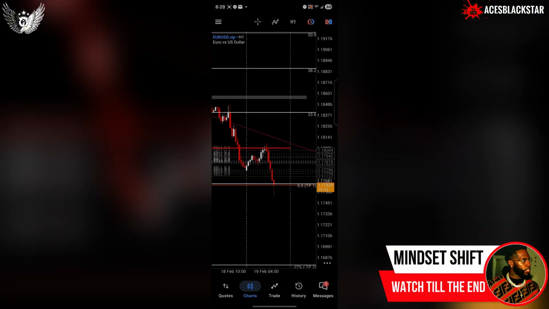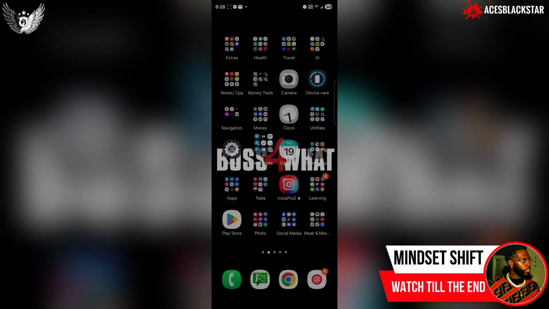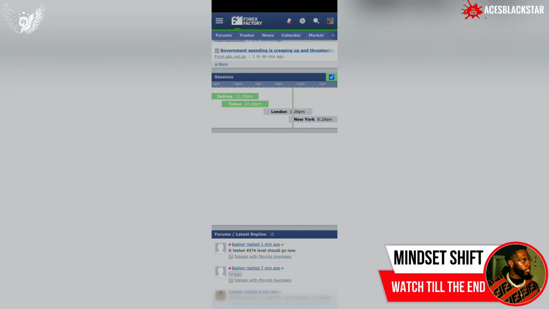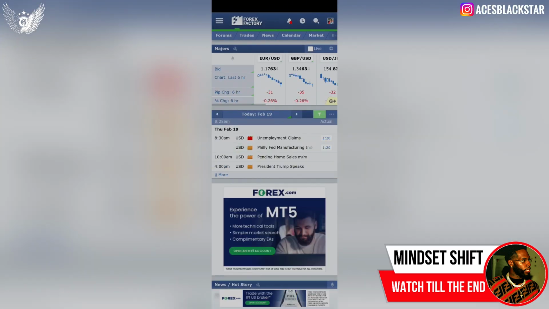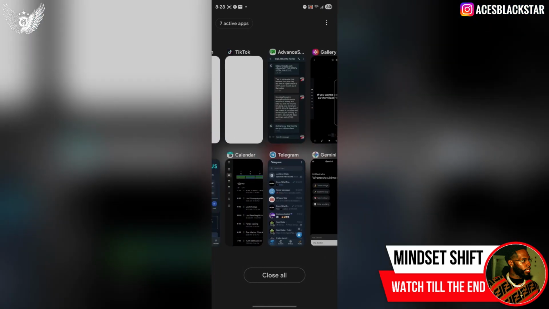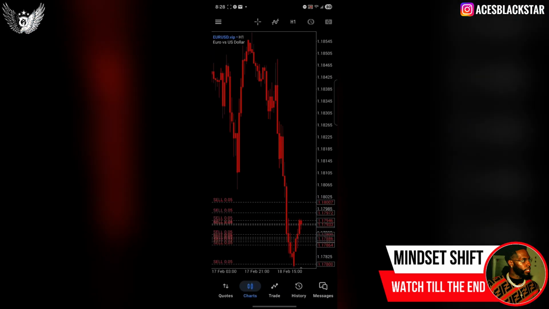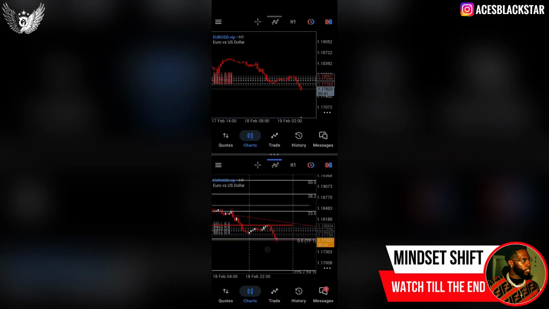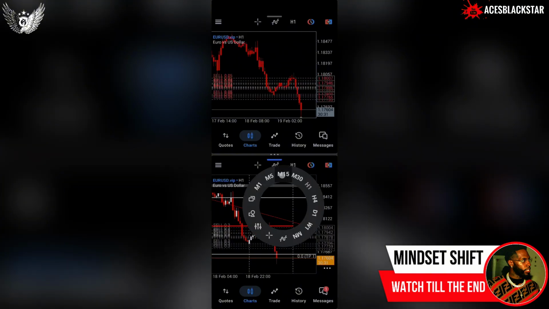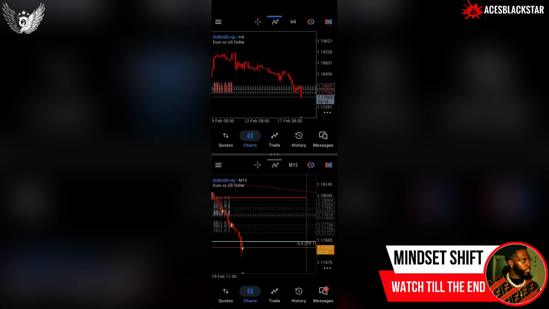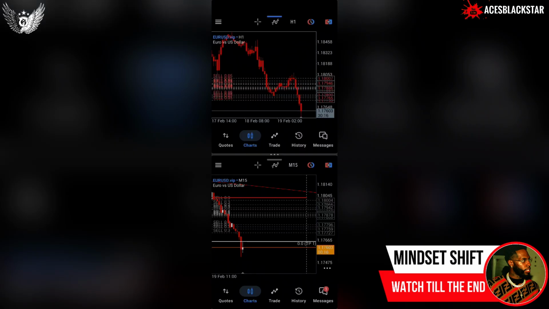That thing is drowning. And we got some news at 8:30, but it's fairly light news. It is a red folder, but I have these events in my calendar, and they've never really made any kind of changes. So as y'all can see, everything is doing exactly what it needs to do. Still haven't reached our other entries yet, but all of these entries are in profit. And I want to show y'all what it looks like. 4 hour, when you look left, nothing is there. This thing can just drown, and that's exactly what it's going to do, drown.